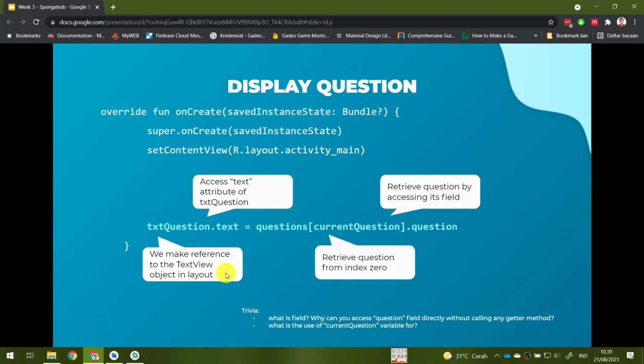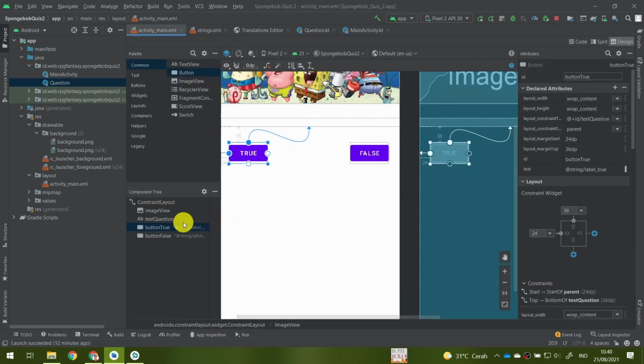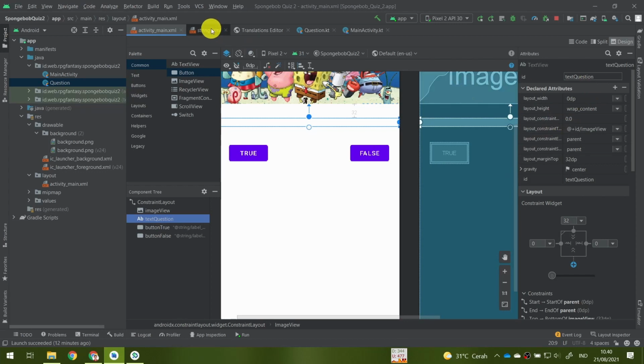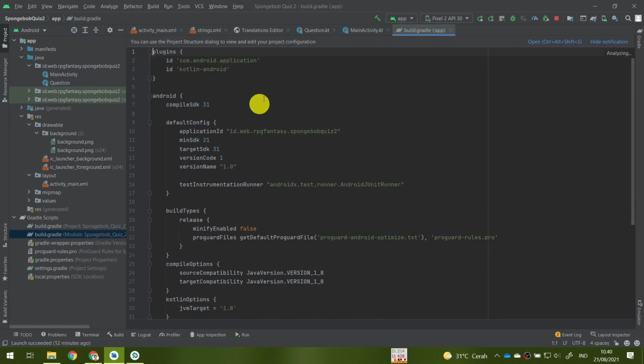Now, to display the question, we do something like this. Make a reference to the text view object in the layout. Please make sure your text question ID is correct, because here this is the ID of the text view, which is txt question, but I use text question here. Now, if you don't see any suggestion for your text question, then remember to install the KAE,